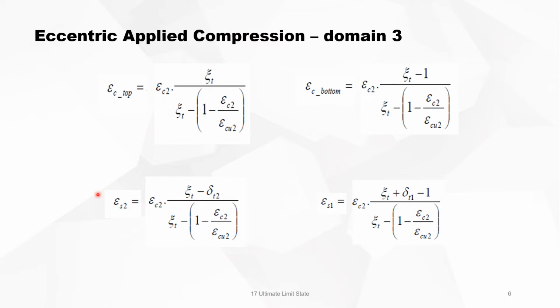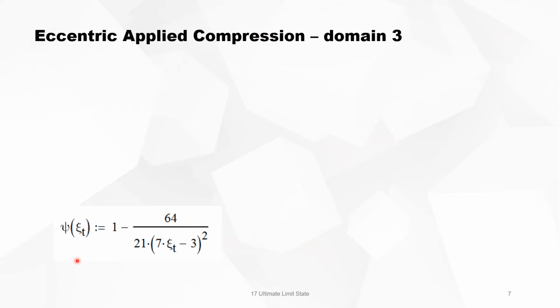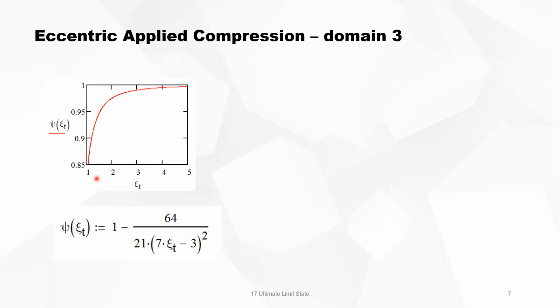Those are the 4 unknown strains, and we've put them in relation to the known strains epsilon C2 and epsilon CU2 and the depth of the neutral axis. The filling coefficient is found by integration and is a function of Ct. When you make a graph with Ct on the x-axis and Psi on the y-axis, as a function of Ct,